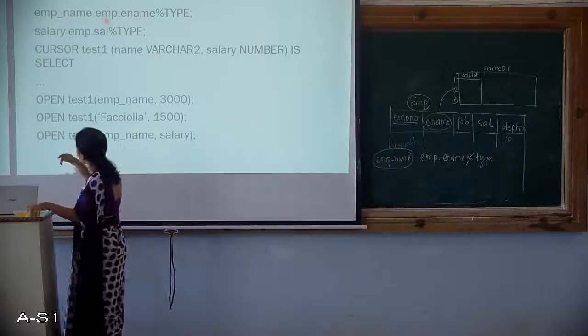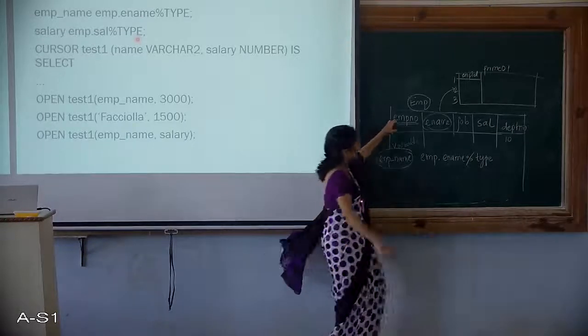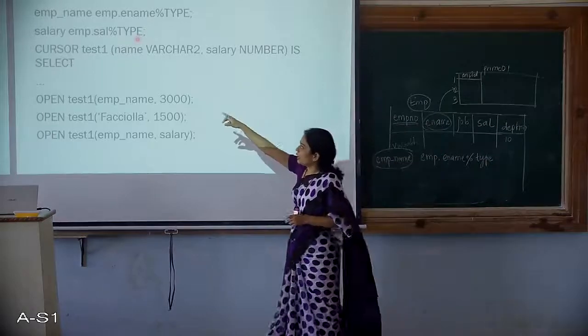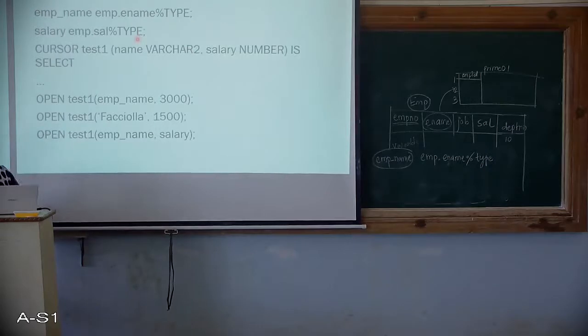Similarly, there is another variable, salary. I'll put my pointer here. There is another variable salary which is being equated to EMP salary's type. So the EMP table has another field, salary. Its data type is being equated to another variable, salary. That is how easy it is in PL/SQL. You can always do that. So this is one of the attributes which is usually used with cursors. I'll be taking you through it in my next slides.